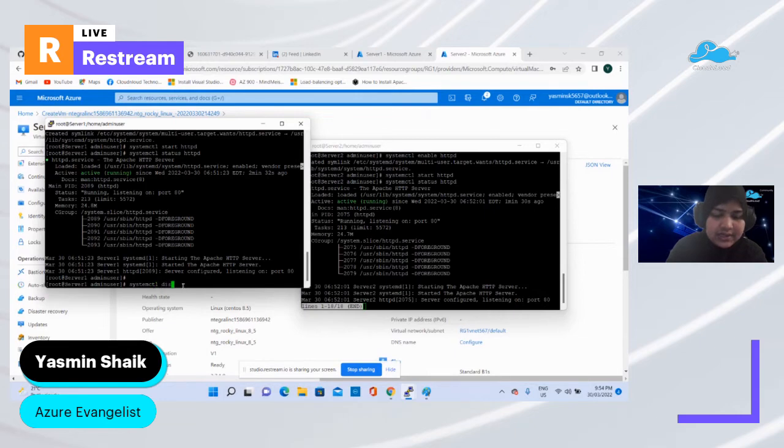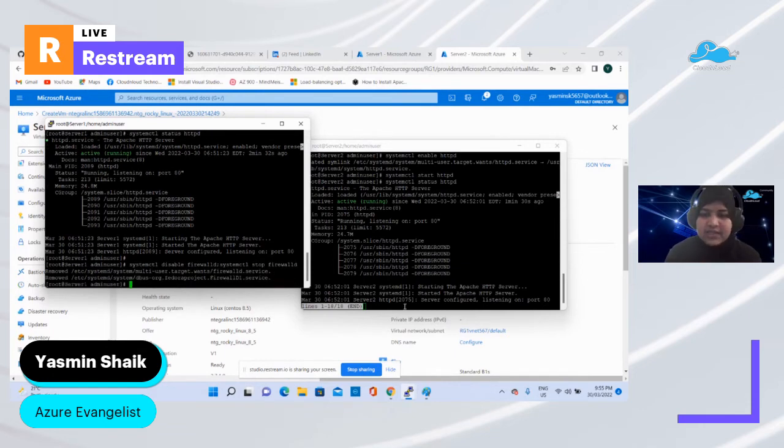Systemctl disable firewall; the semicolon, if you want to give multiple commands, just use the semicolon. And the other command I'm going to give is systemctl stop firewall. So I'm disabling and stopping the firewall services on this virtual machine.